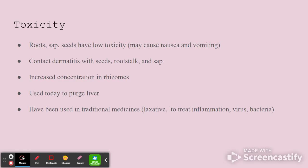They have been used in traditional medicines, to flush the body and treat inflammation, viruses, and bacteria, as well as a laxative. So nowadays, it makes sense that they're used to almost purge the liver. And also because it's toxic, it is deer resistant and rabbit resistant. So if you really need to stop them from eating your stuff, they're